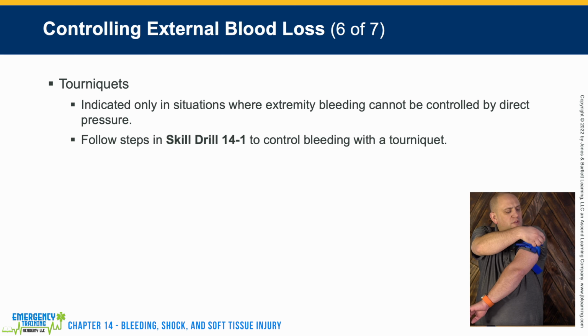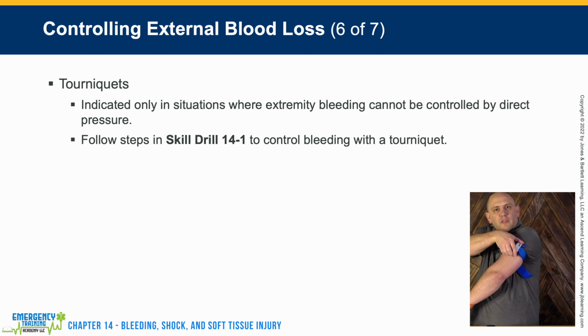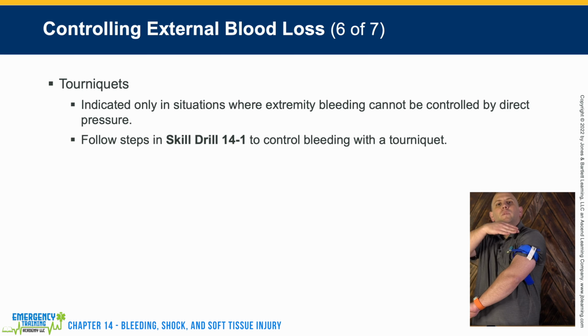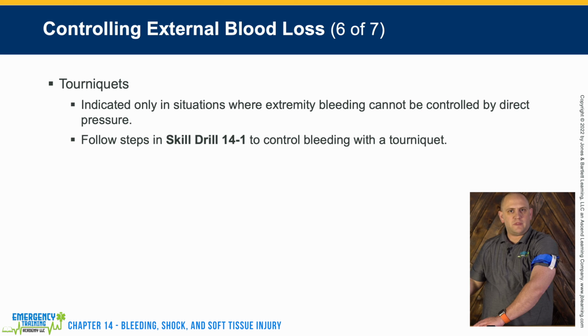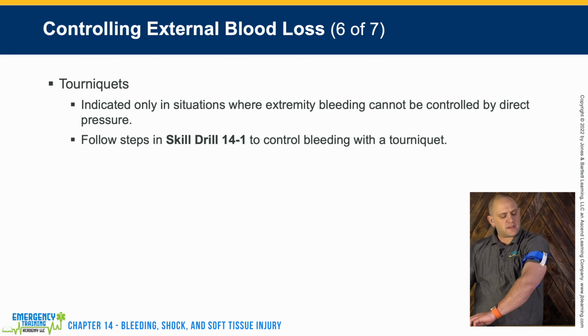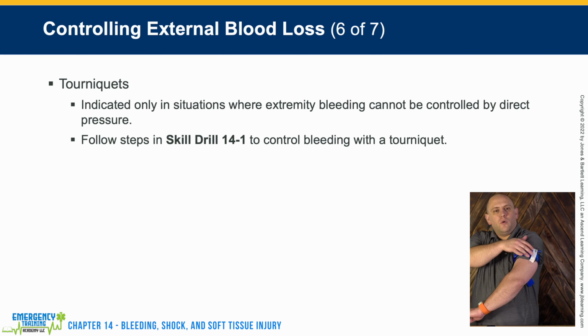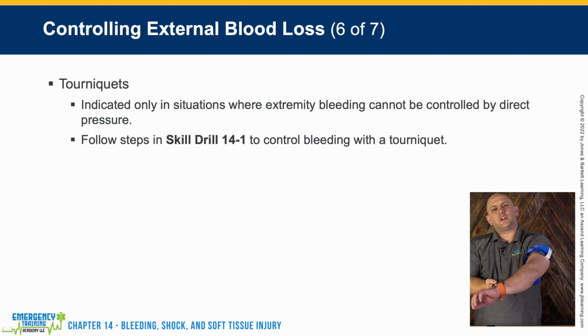All of our tourniquets will have some type of securing strap that will cover that, and it has a spot for us to write the time that we have put the tourniquet on, so that as they arrive at medical treatment facilities, they now know how long it's been on, because that will dictate the treatment that they give and how they release it. So once you have it on, you want to make sure that there is no pulse felt below that